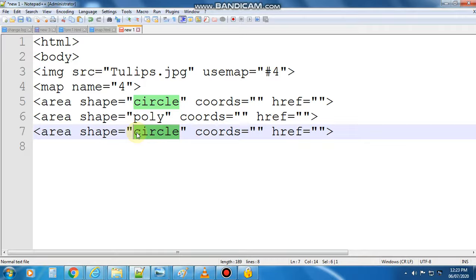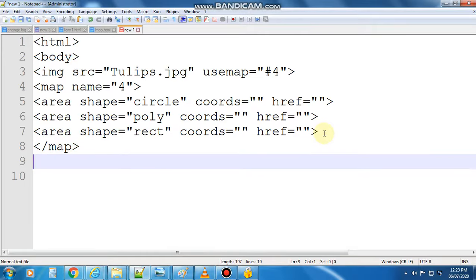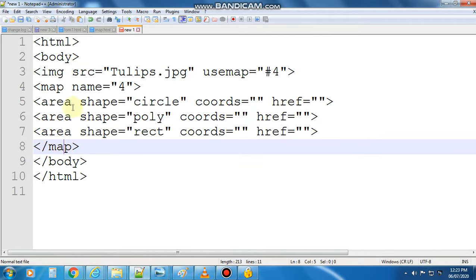Now I have to fill these blank spaces of coordinates as well as href. So I am closing the map tag, the body tag, and the HTML tag. It is still incomplete as I have to fill in these coordinates.